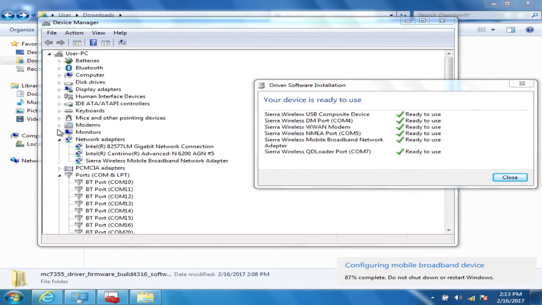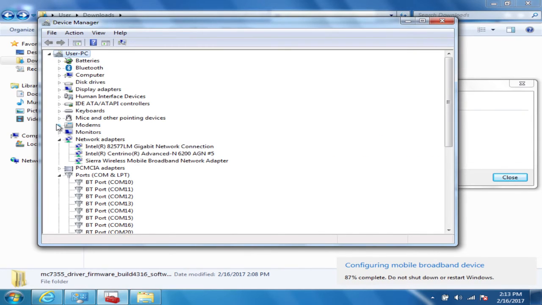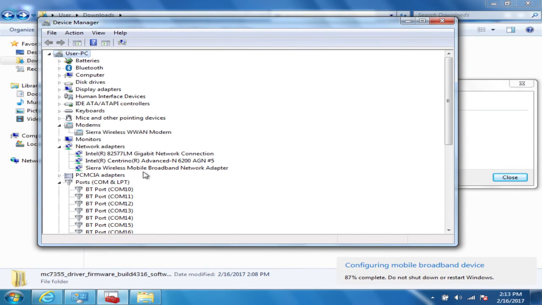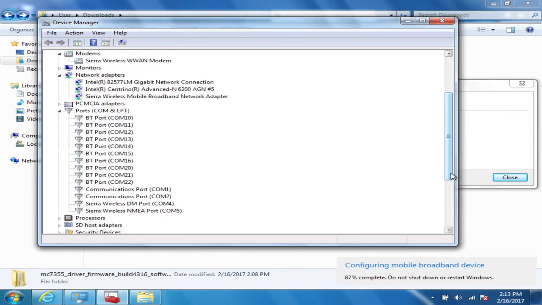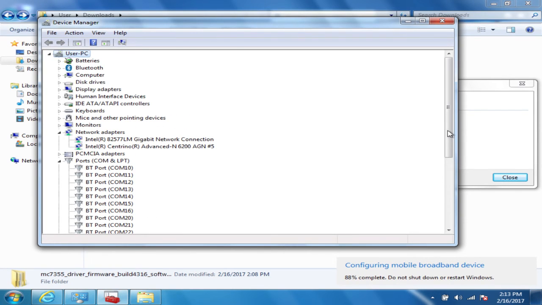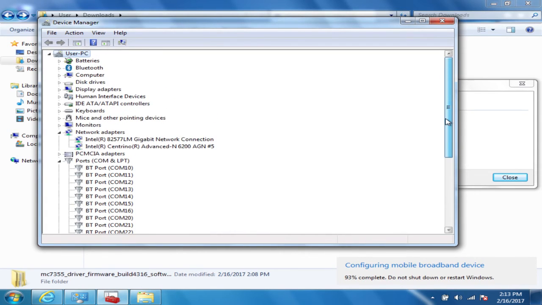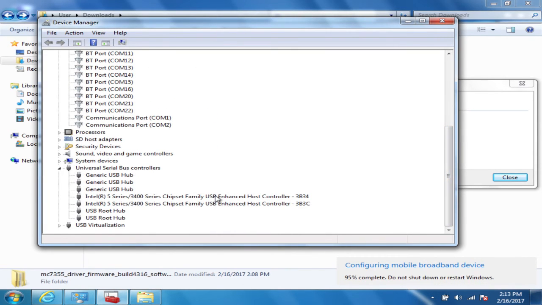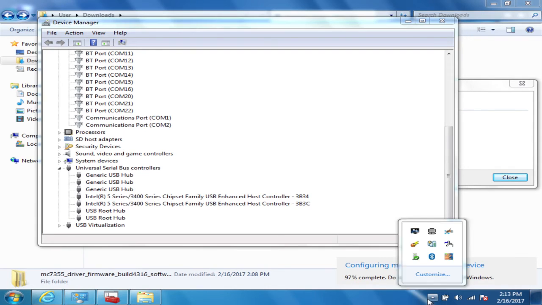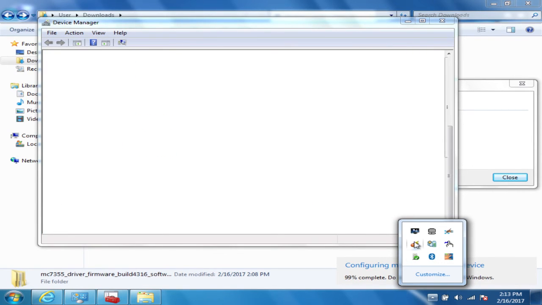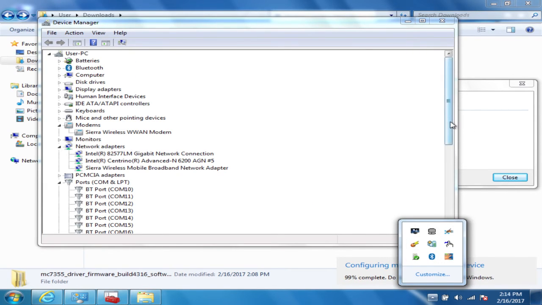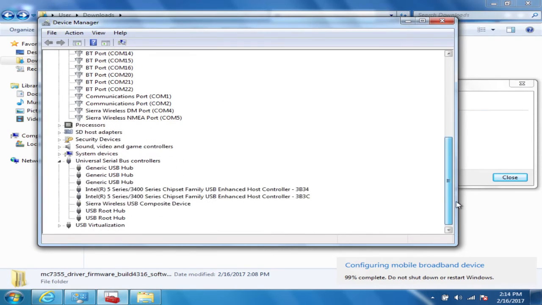As you can see here, it's shown up under the modems, under the network adapters, under the ports, and under the USB controllers.